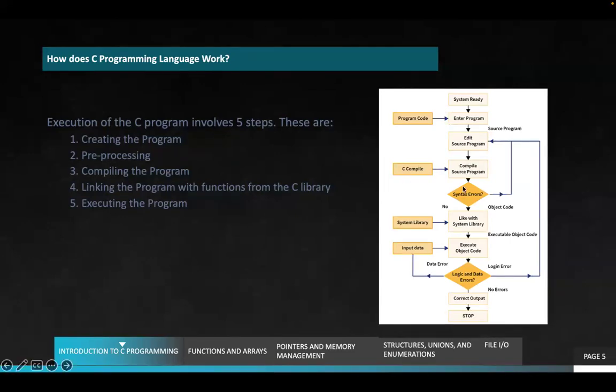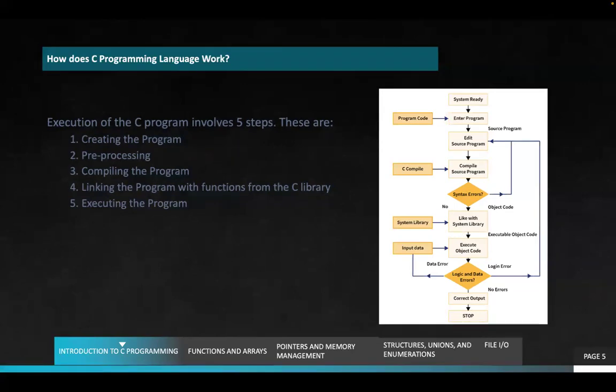During compilation, if you have any syntax errors, then object code doesn't get generated. It will show the errors to you, the user, and the user has to reevaluate the program and fix the errors that are being shown by the C compiler. Once that is done, again the process remains the same. If there are no further errors in the program, then